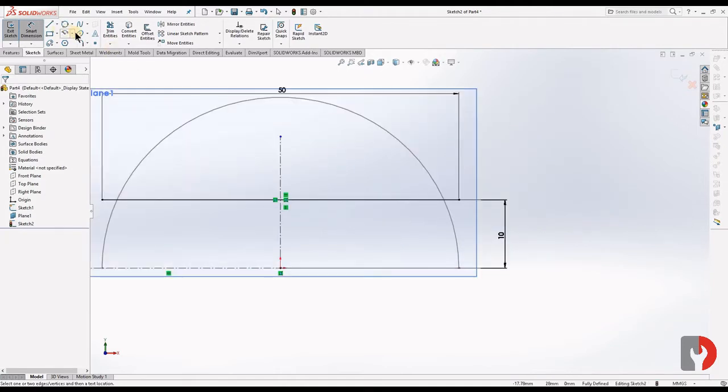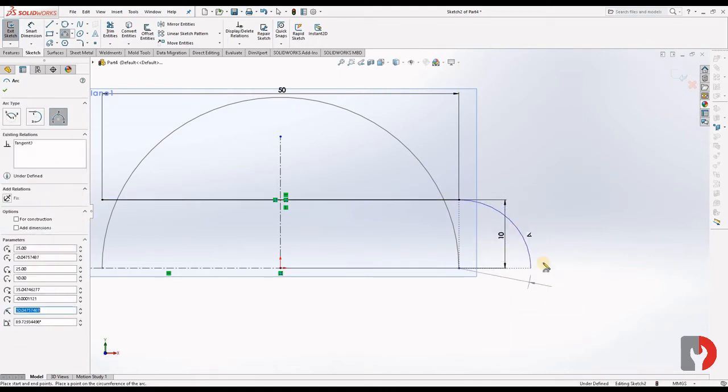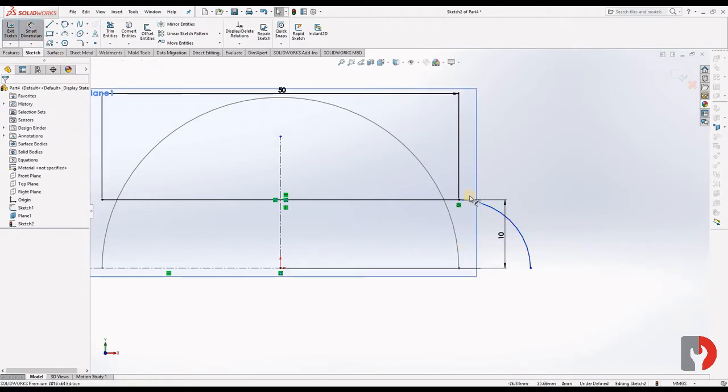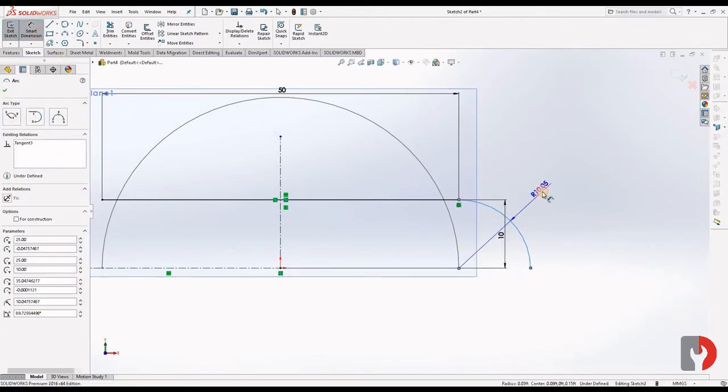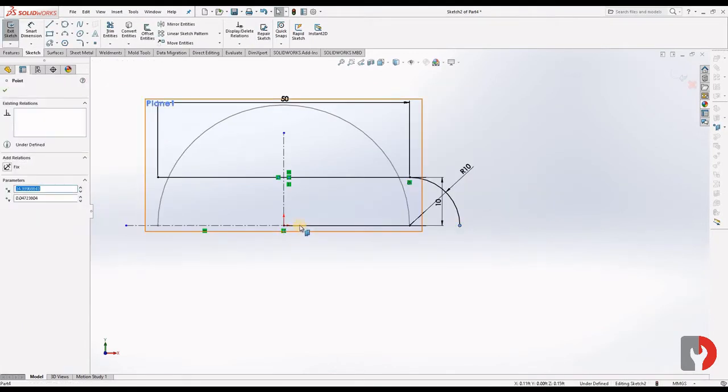Okay. Now choose 3-point arc. Radius 10. Select this point and line.